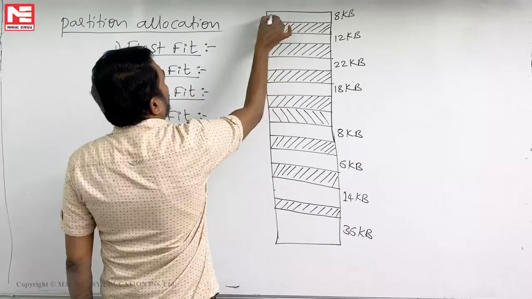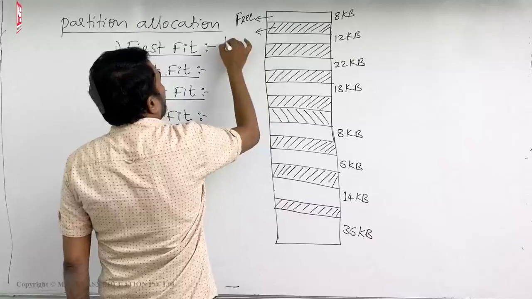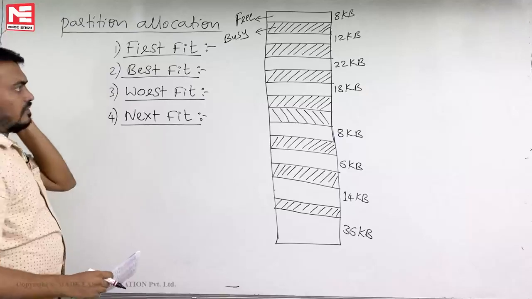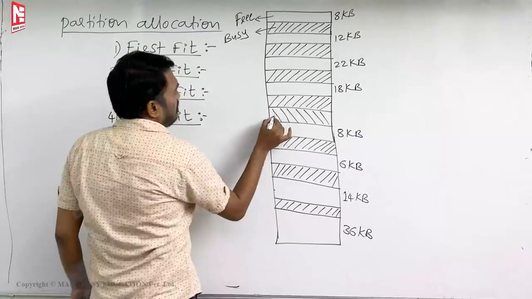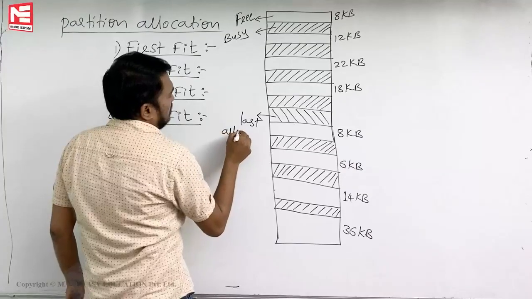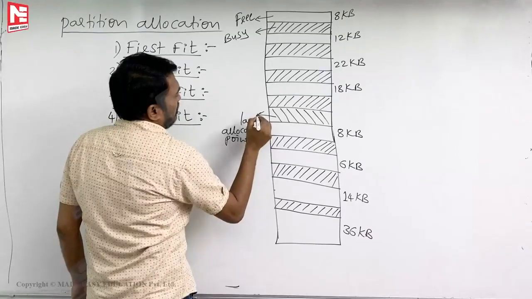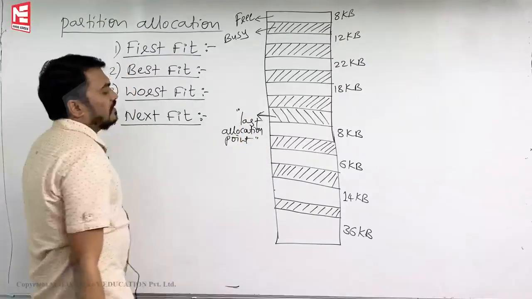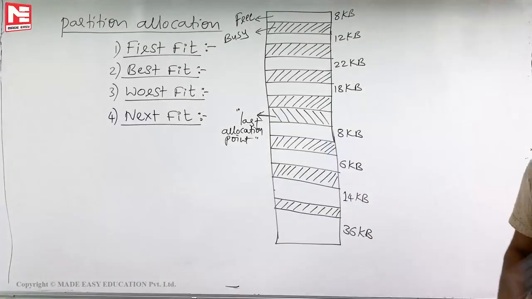So this is a free partition here, this dotted one is a busy partition, okay? So this is given to you, and he is saying that this is the last allocation point, okay, this one, last allocation point. So I think my font size is visible, okay? कॉपी करो, अच्छे से कॉपी करो।